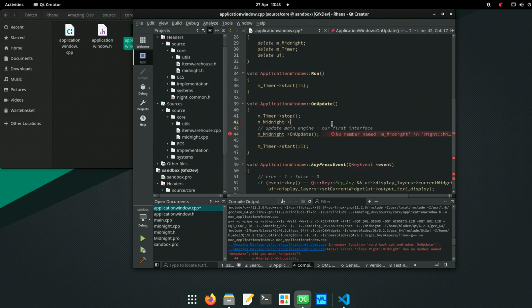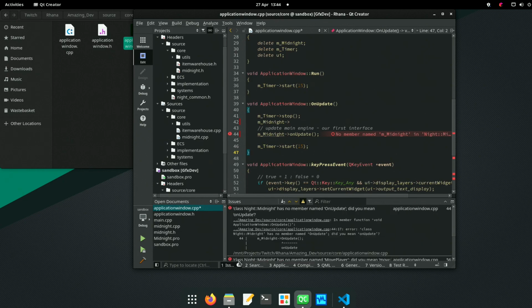Which means there are two. I see. It's a capital. Okay. Interesting.